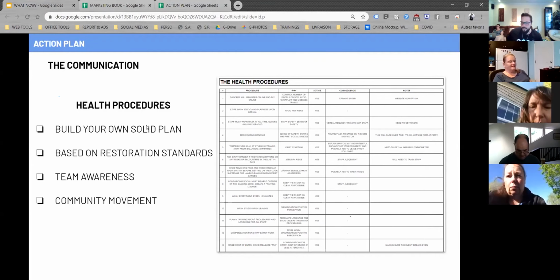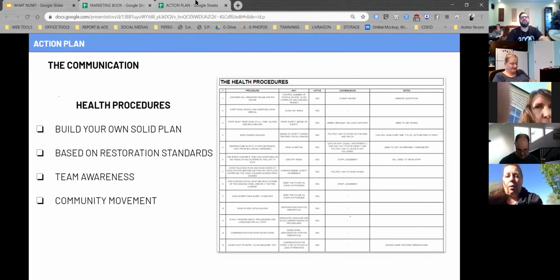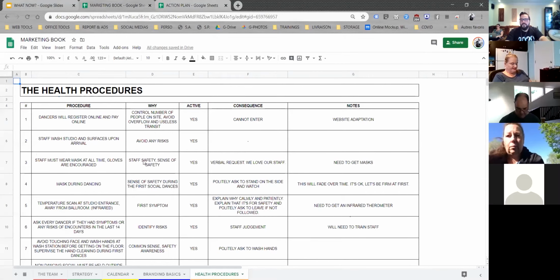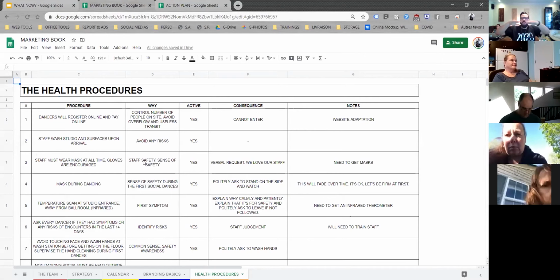So that being said, I'll show you the plan that I've done. Make sure team awareness and community movement are things you'll see often in this. So here's our health procedure. Again, I'll repeat that, these are based on restaurant grade level, which means it has to work. It's not half-assed. I'll go through them because I think that's important. You don't have to do the research afterwards. This is what follows the procedure for most health organizations.